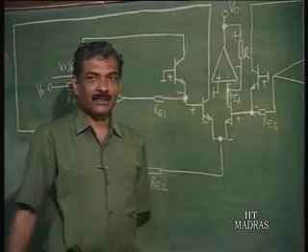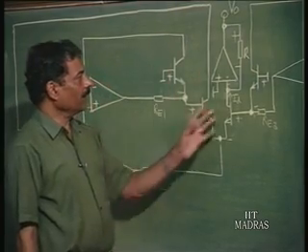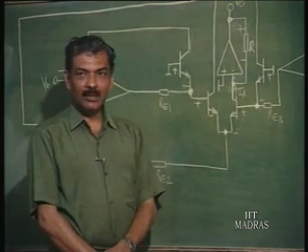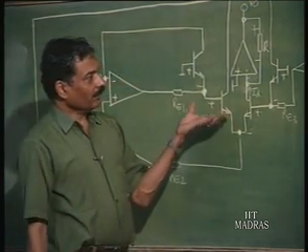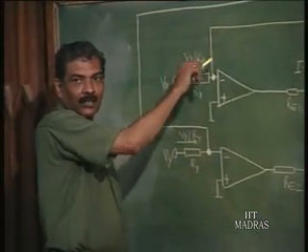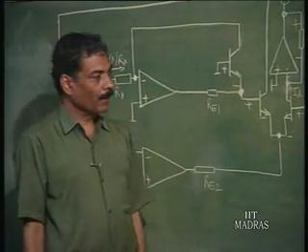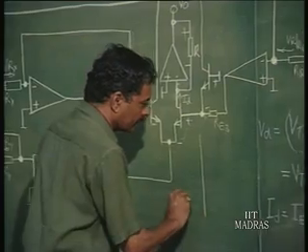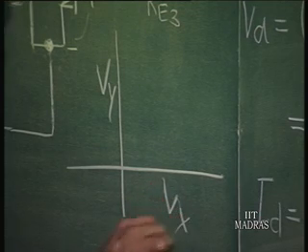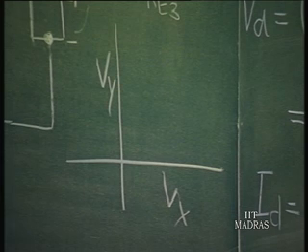These matched pairs of transistors are available very readily as transistor arrays. You can build a multiplier very easily, and this will be very accurate, as long as they are perfectly matched. What you have to remember is this is only a single quadrant multiplier, because the current can only flow in this direction in all these things. So, Vx, Vy, Vr have to be all positive in this case. So, it is going to work only in one quadrant. So, only in this quadrant it is going to work,